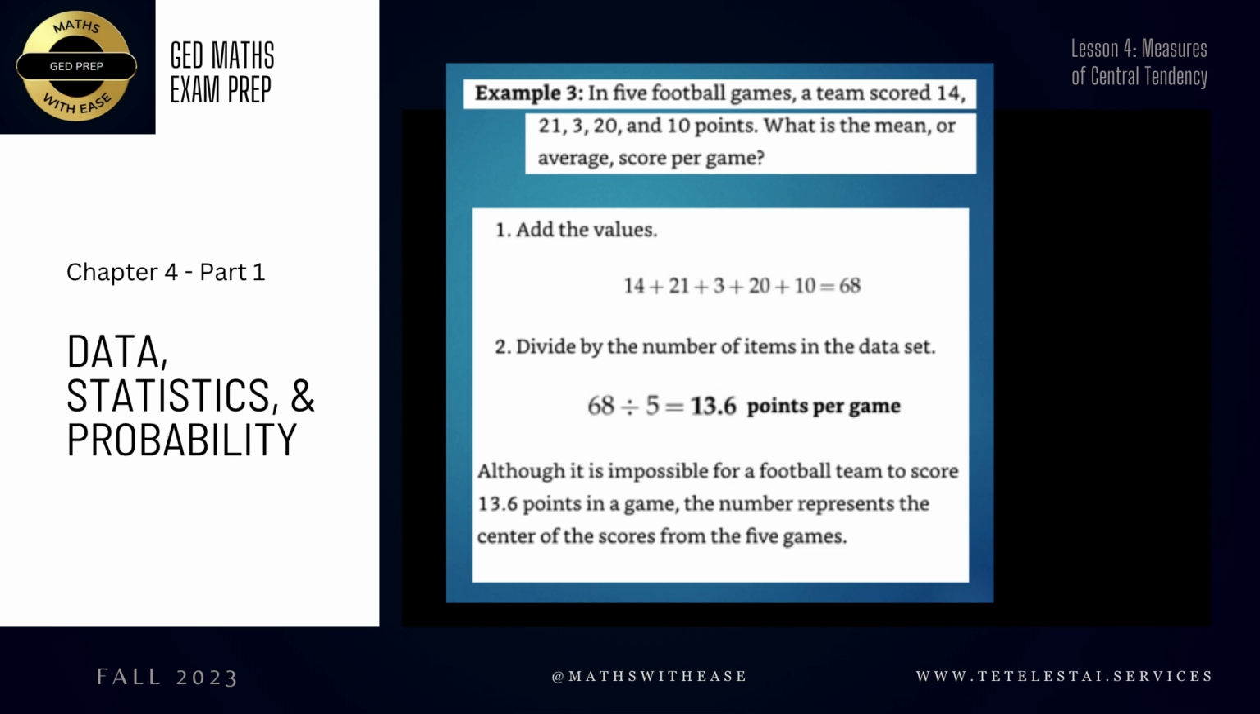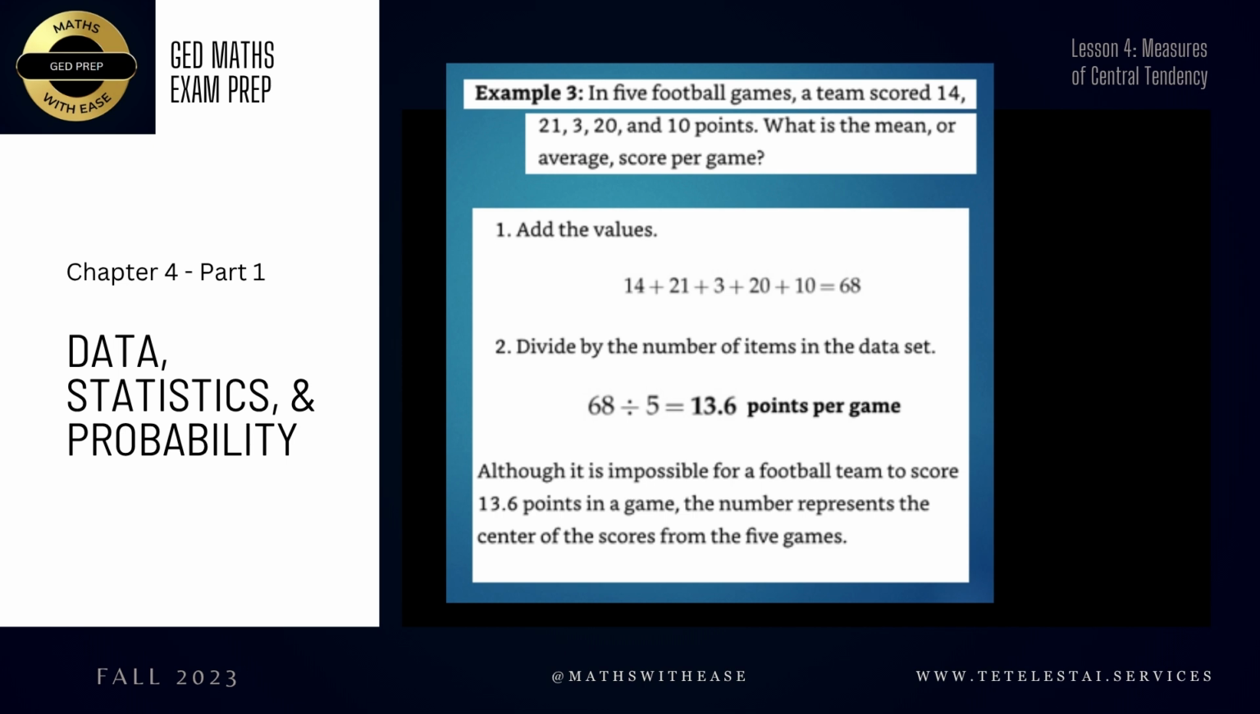So 68, put that in your calculator, 68 divided by 5 gives you 13.6 points per game. So then you can tell that investor, oh, my team on average wins 13.6 points per game, okay? And so as the book tells us, even though it's impossible to score 13.6 points in a football game, that average represents the central score, or the measure of central tendency, or the mean, or the arithmetic average of scores